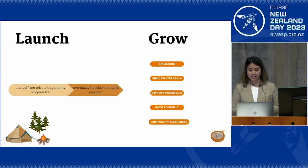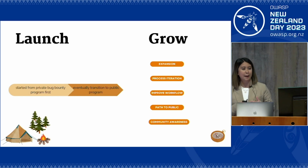So the next phase is the launch phase. We usually start with a private program, which is a more controlled environment that limits the number of people that we invite to participate in our bug bounty program. During this launch phase, we normally start with a small number of hackers or researcher participants. Usually we start with 25 or 30, and then from there we expand. That's how we make sure that we have control over the incoming reports, our pipeline, and that it aligns to what works